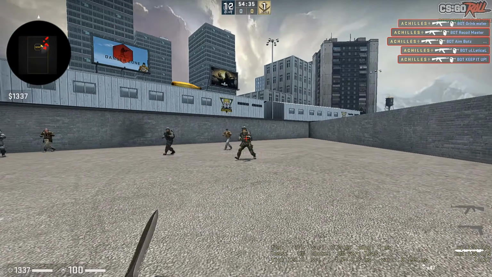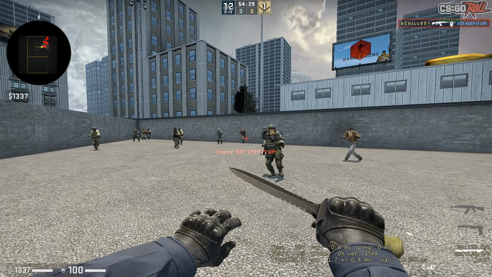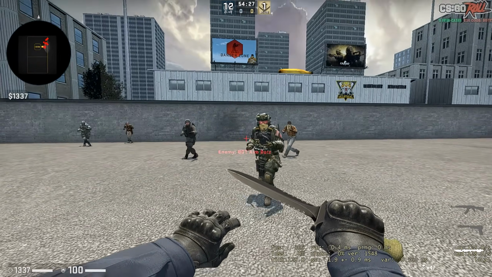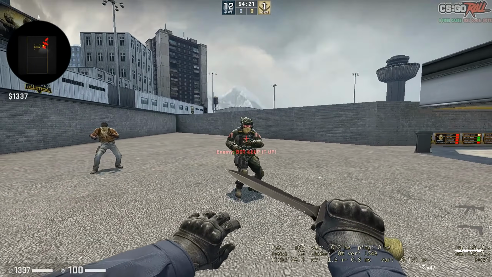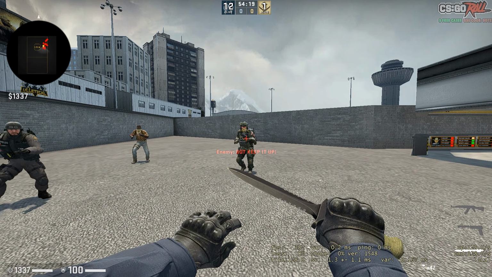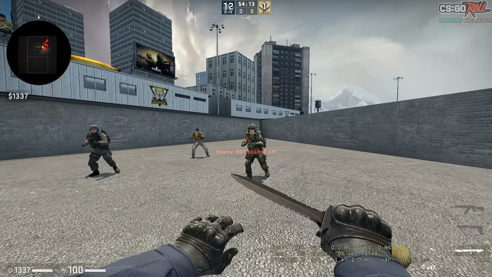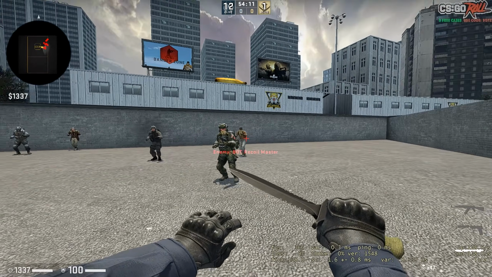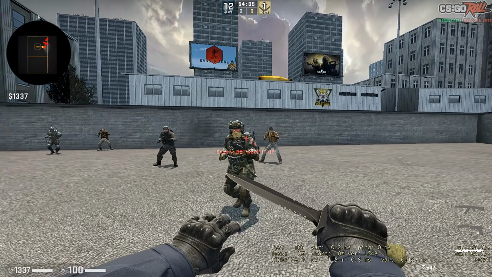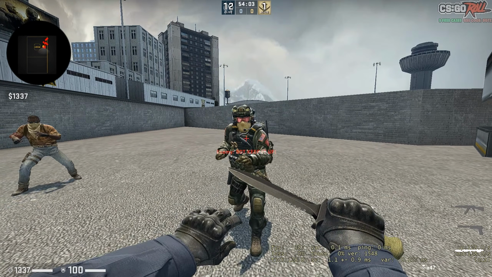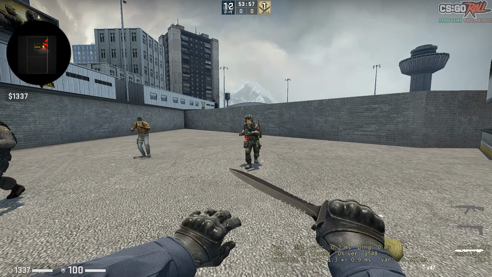And the third thing, which is a little bit of a hidden bonus, which is when you're in a fight, rarely use the W or S key. Because if you're moving, take a look at how much harder it is to track this guy compared to when he moves like this. What tracking am I doing now? Because he's using W and S. But when I'm moving like this, he's going to be using A and D, which makes it a lot harder to track. So this is the difference compared to this, which is literally no tracking whatsoever. I'm just standing still. So rarely use W and rarely use S in gunfights.